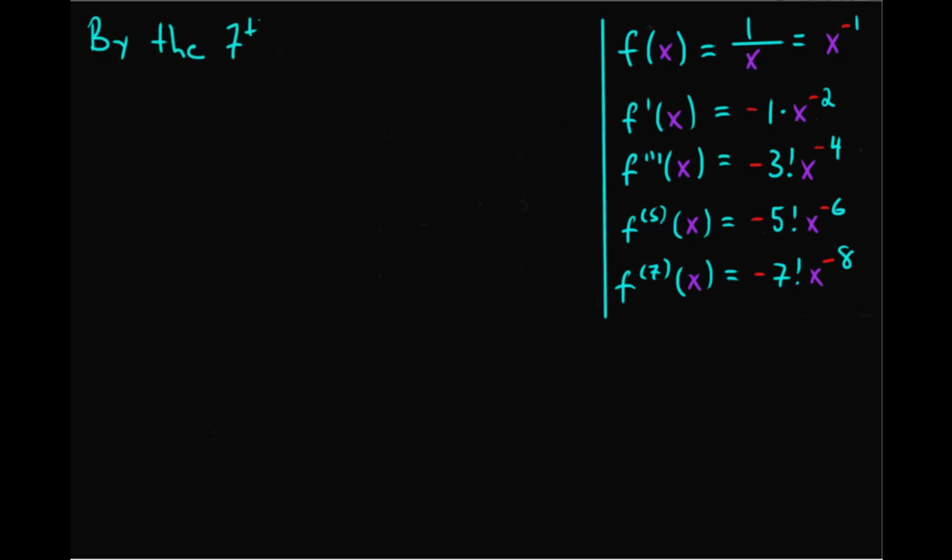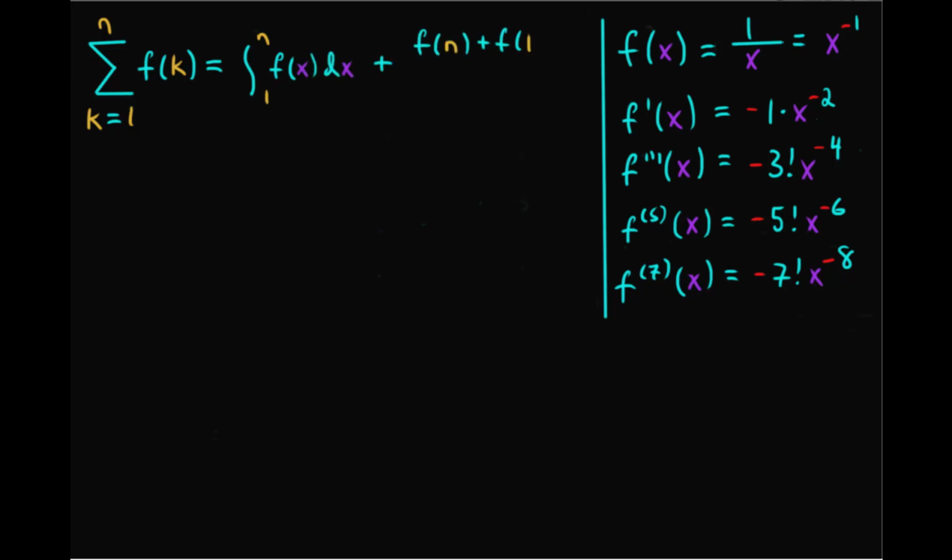And now recall that by the seventh derivative form of the EMSF with a remainder, we have that the sum from k equals 1 to n of f of k equals the integral from 1 to n of f of x dx plus the quantity f of n plus f of 1 all over 2, plus b sub 2, that's the second Bernoulli number, times the quantity f prime of n minus f prime of 1 all over 2 factorial,